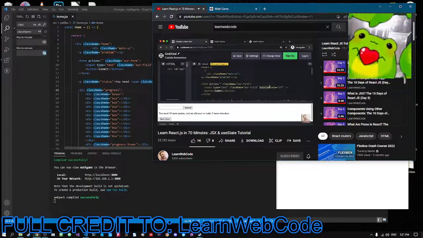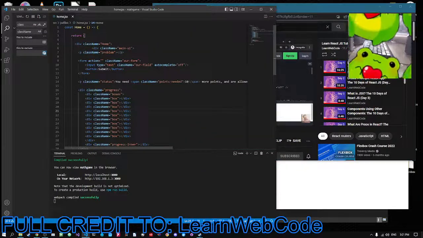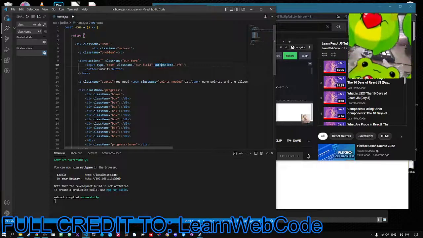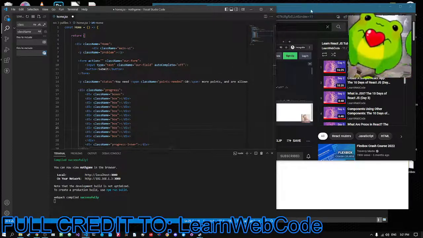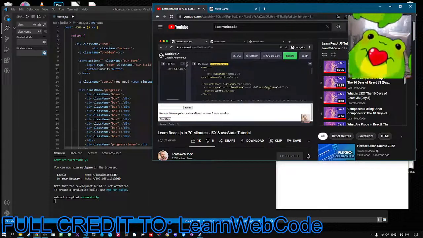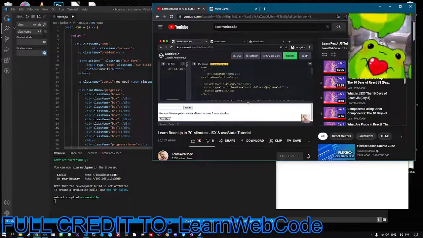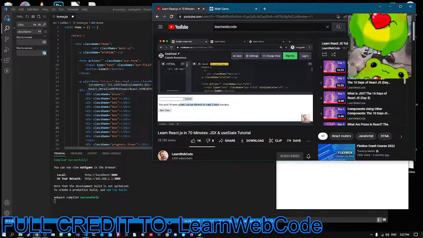This attribute of autocomplete, in React or JSX, we would actually want the C to be capitalized. So just as we saw with class name, you can see that attributes in JSX use camel case, meaning we capitalize any secondary words. Okay, at this point, now that we're outputting the HTML and our elements have the CSS class names, why don't we borrow the CSS from the finished product